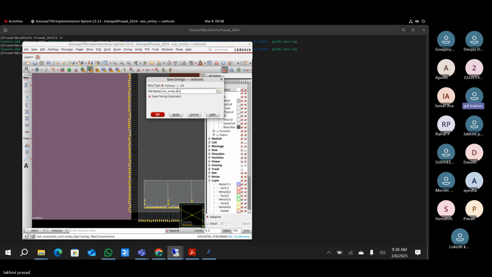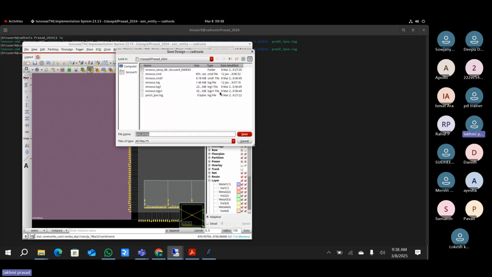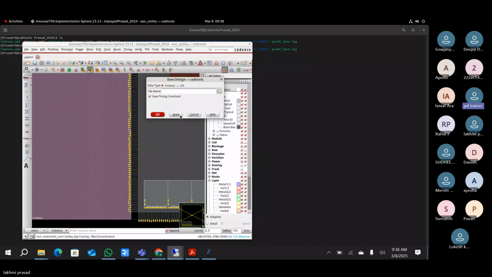Save it as floorplan.enc. Where it got stored here, it is in a SoC class where, PD. Okay, fine. Yeah, got it. Or create one database like